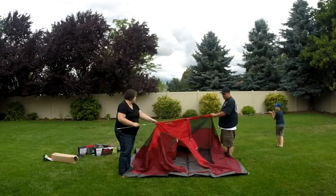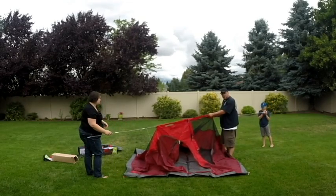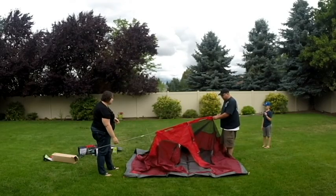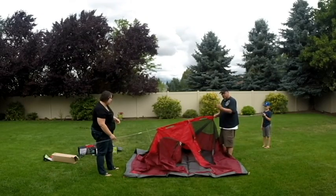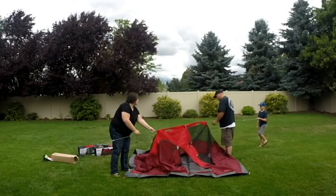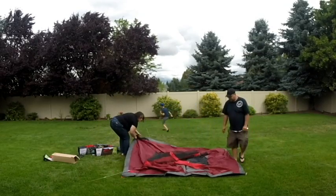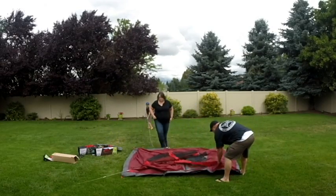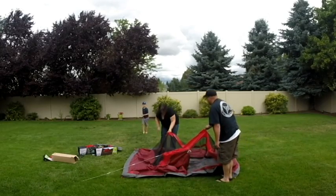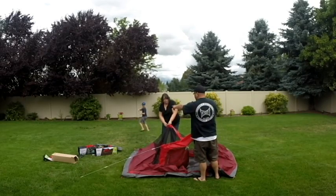So with Coleman tents, one thing I've learned over the years is that you have to install all these poles before you raise the tent. If you try and raise the tent right now and then feed the other pole through, you will rip the sleeve. So what we do is just even it out, drop it down, and then we start feeding the other pole through. And you always want to come in directly from the